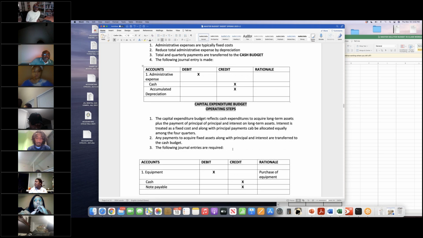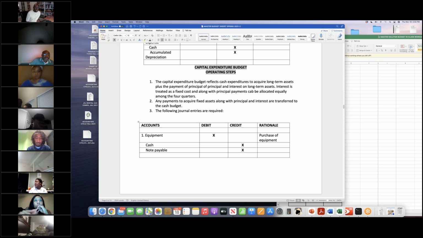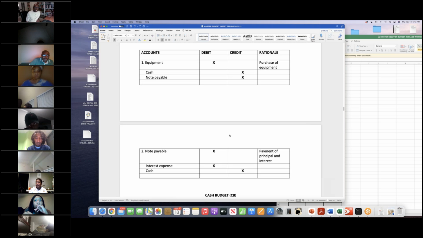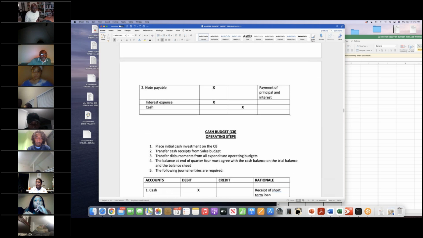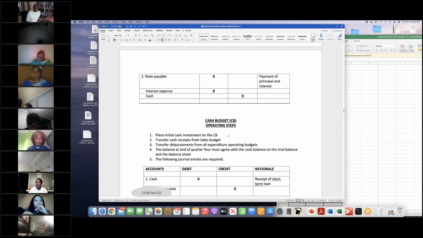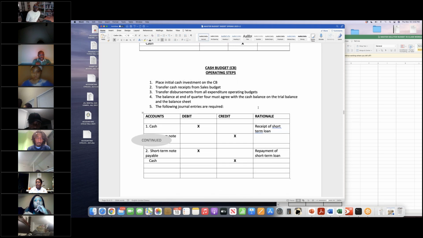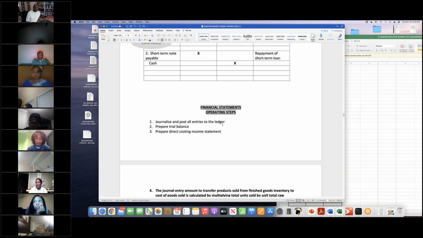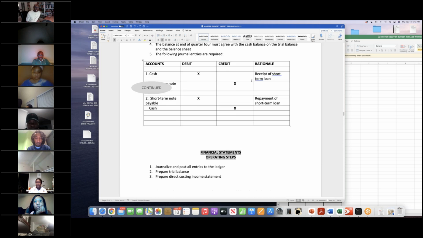Administrative expenses and capital expenditure budget. So these are sort of standard ones as we get into. So you just go ahead and get these budgets assigned to various people. Then we have the summarizing cash budget. And then we're going to get those financial statements prepared, because we got every entry that we made all through